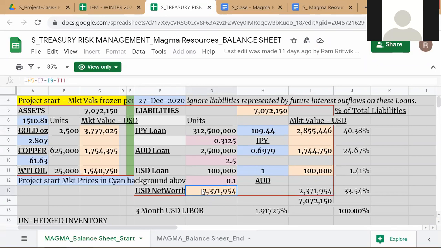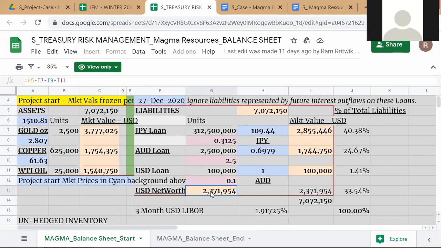What is H5? Look at H5. H5 is nothing but the total liabilities, which itself is equal to C5. Okay, C5 is this, which is the total assets. So you look at how the formula for net worth has been calculated. I'm sure you know all this, but I'm just recapping, just in case anybody has any